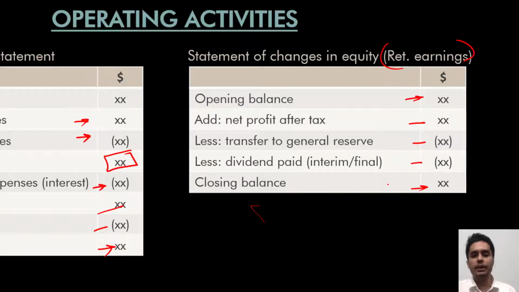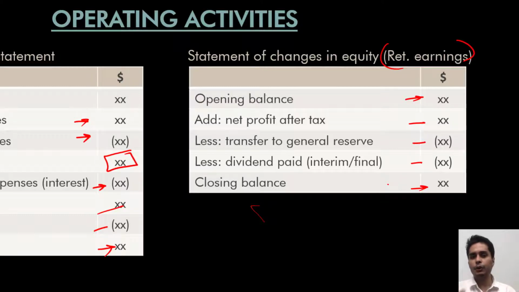Now, the reason why I'm discussing this format is because in your exam, profit from operations will not be directly given. Why do you need profit from operations? Because that is the starting point of calculation of cash flow from operating activities. Isn't it very logical to start with profit from operations? Because what we're trying to do is calculate cash flow from operating activities, and hence profit from operations would be the best figure to start with, because very few adjustments would have to be made to arrive at the correct cash flow.